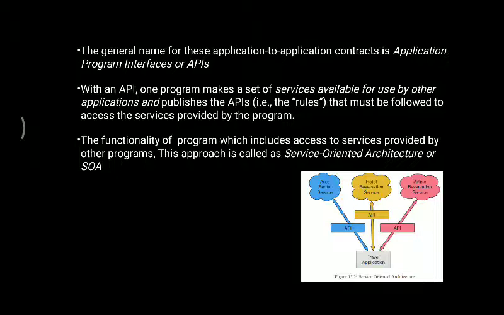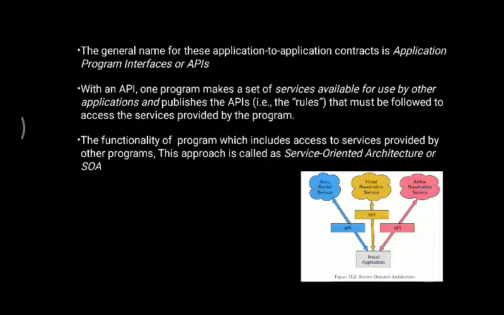So this travel application has to take the help from different services: auto rental, hotel reservation, and airline reservation service. Using API, which is written in the form of JSON or XML, we can extract the elements from the auto rental service, the hotel reservation service, and the airline reservation service for our application called the travel application. This is how we can make it.